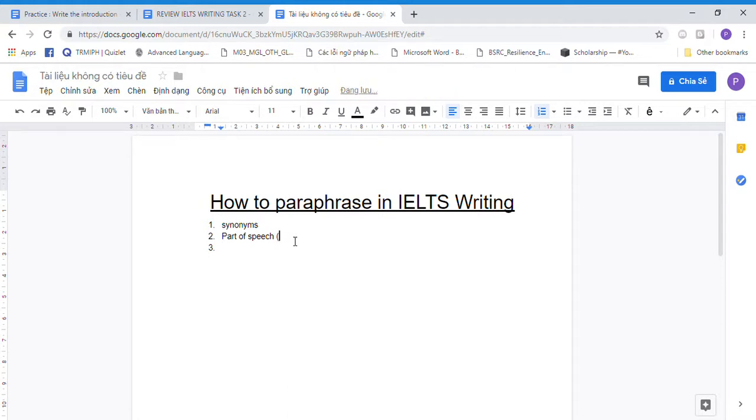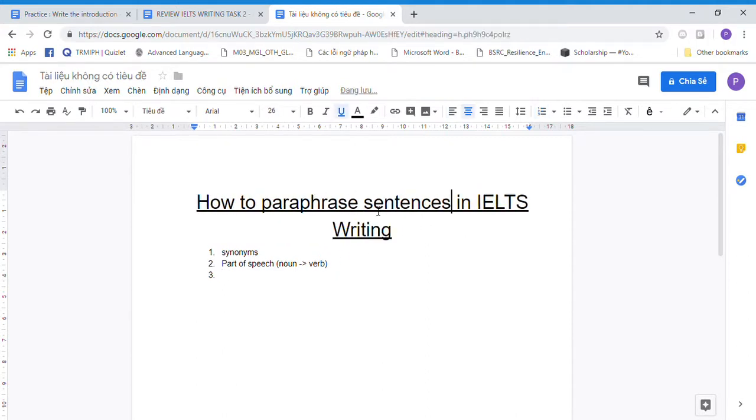Like from noun to verb. The third way to paraphrase a sentence is to use different sentence structure. The fourth way is to use